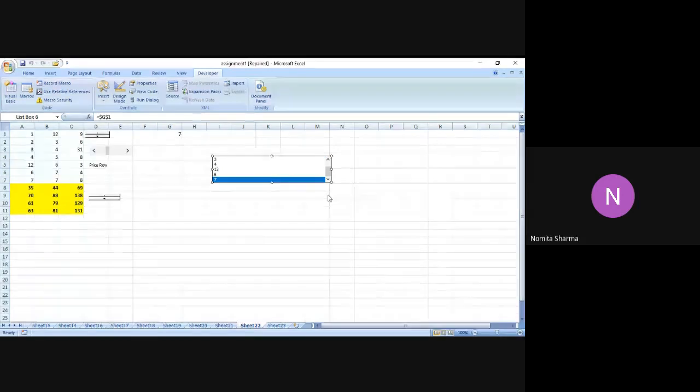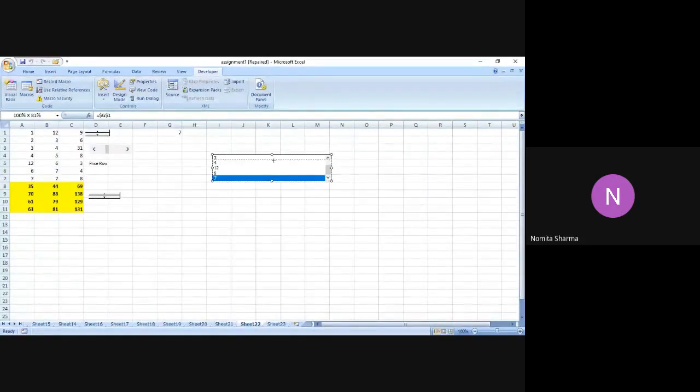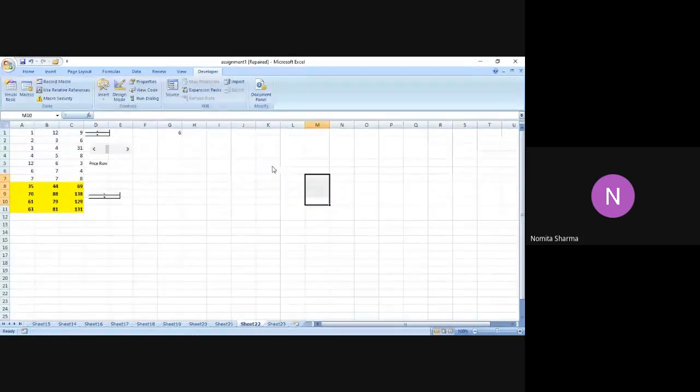But if I just reduce it further, you will see that this scroll bar will be activated like this. I can easily go up, I can easily go down, and I can easily have the values over here with the scroll bar over here. The scroll bar option is also there in the list box that you can easily do by resizing the box.